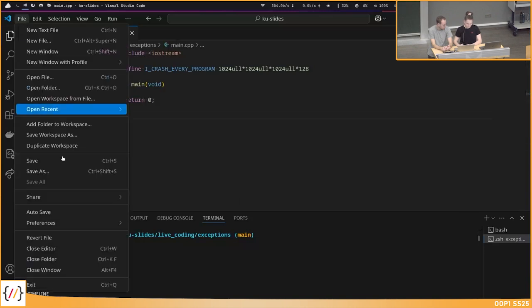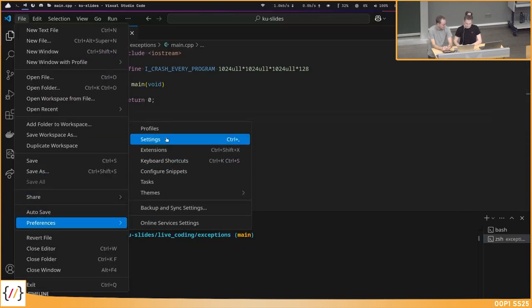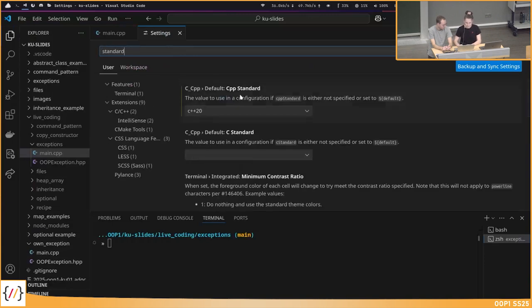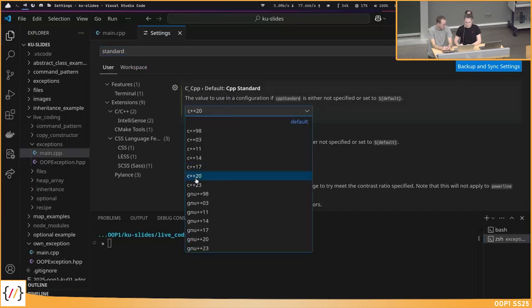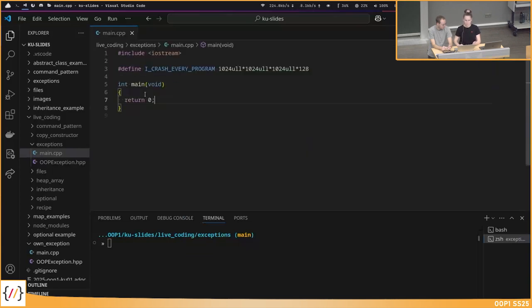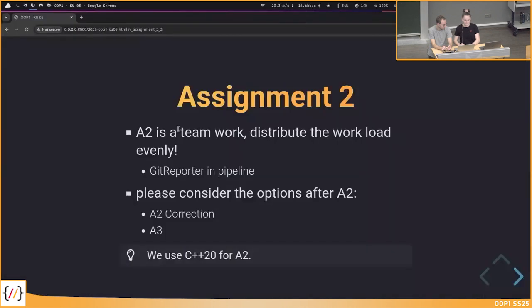I think the settings are in preferences. Settings, you go in here, and then just search for standard. And then here, C++ standard, you can choose 20. And then the errors you see in VS Code, when it underlines something, should be the same as when you compile in the terminal.